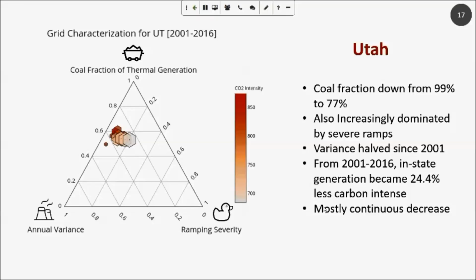So in thinking about why Arizona and Utah are shifting to the bottom right of the ternary plot, it's interesting to think about what the drivers of that trend are. There could be a number of factors, but two that occur to us are: